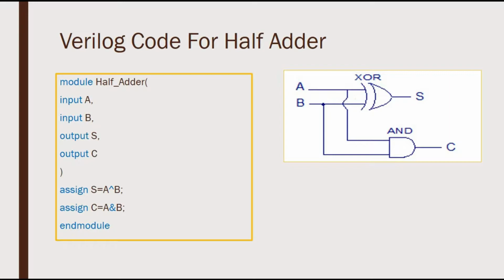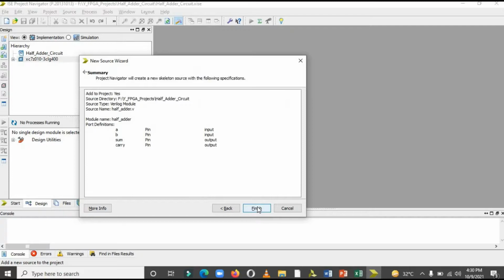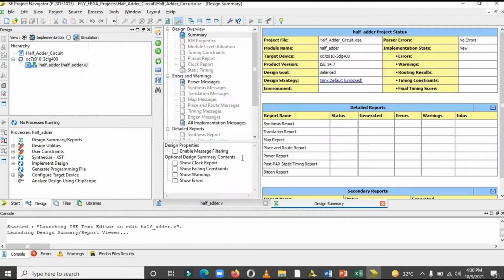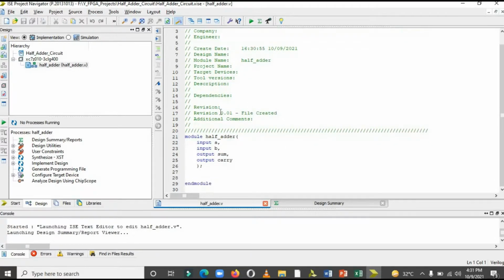And we need to create XOR gate and AND gate. So either you define your inputs and outputs here, as you will see next. Finish. So this is the basically Verilog file or programming file we just created.